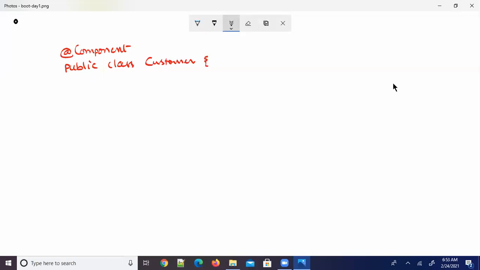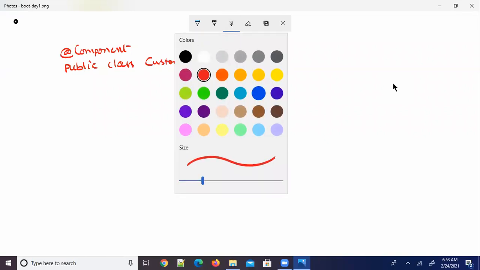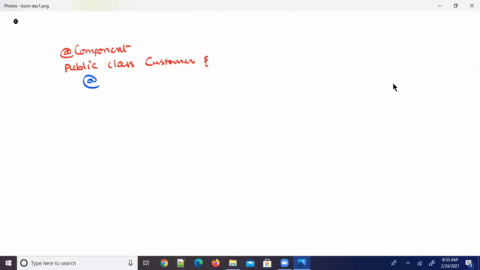In applications we use different annotations. Now here I am writing at value of double quotes 1, 2, 3, 4. Say for example, I'm writing private int customer ID, cust ID.